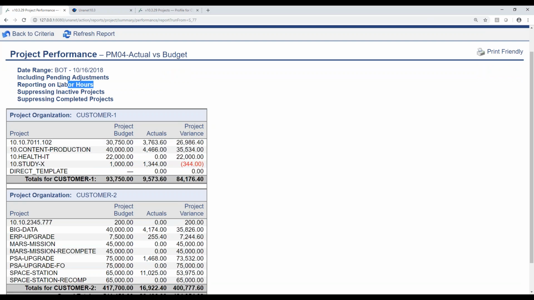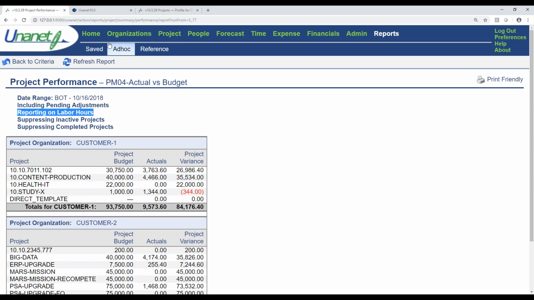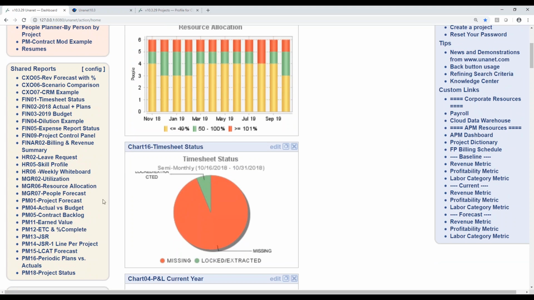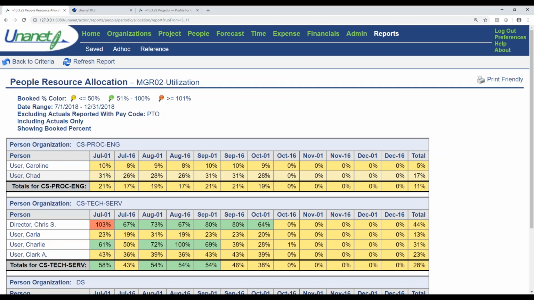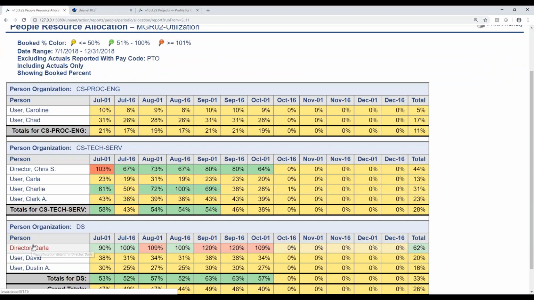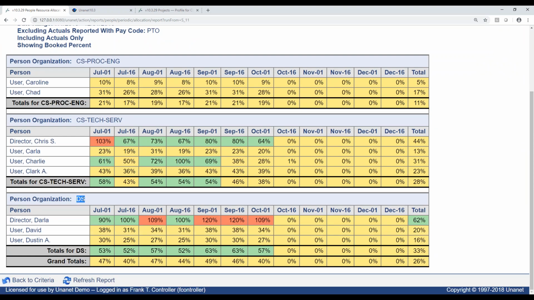Right now, I'm running this report based on hours. If I choose to run it based on charges, I could do that. A lot of flexibility in this out-of-the-box reporting for Unanet. In addition, you can also look at utilization for an entire team. So we looked at this based on planned data. Now I'm looking at it based on actual data. So here, these are all the different people and the different teams that I might have. So these might look familiar.